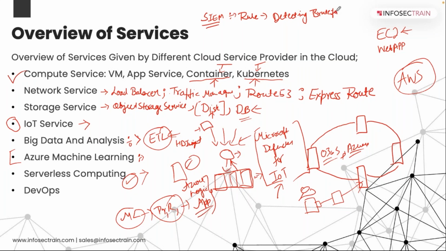So when I see there is a brute force or password spraying attack going on on some of my machines, I want to take some action, like I want to deallocate it, or send a message on Teams or Slack, or block that particular IP on the firewall. So these are the kinds of automation tasks I want to perform.